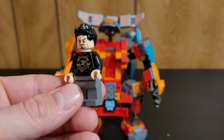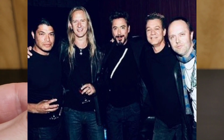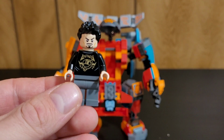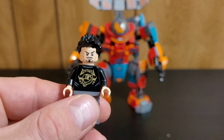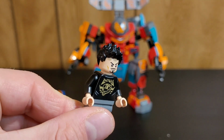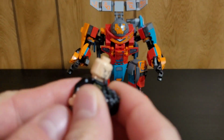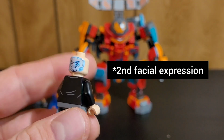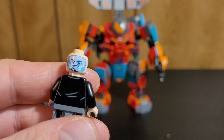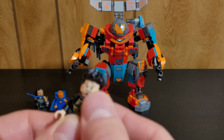In 2009, there was a photo on Instagram with him and the band. And that's when he made his big comeback, as well as Metallica. And so I'm really glad that this reference made it into this Lego What If set. Also kind of a cool thing where you could take that torso off and use it for a rock concert somewhere else. And the back of Tony Stark, he's got a different hairpiece, as you can see. Just his classic, all right, I'm in the Hulkbuster, ready to fight face,